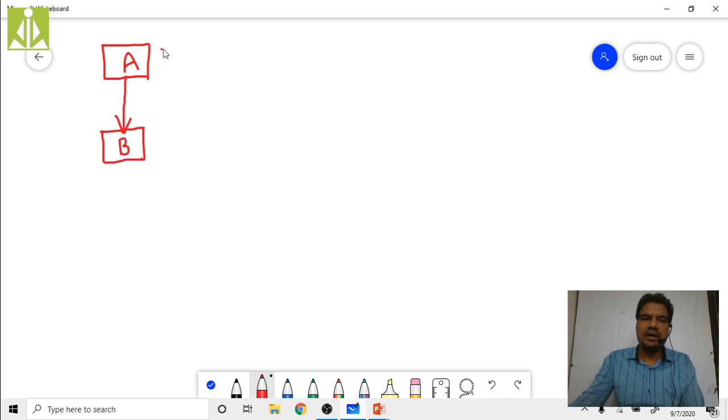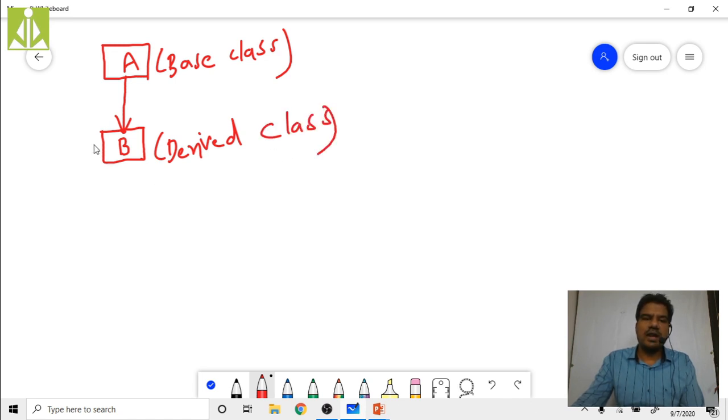So in this case, what will happen? This will become my base class, isn't it? This is my base class, and this will become my derived class. So generally, whenever we are going to create an object for this derived class, that object will not only gain the properties from the derived class, but also it will gain the properties from the base class, isn't it?